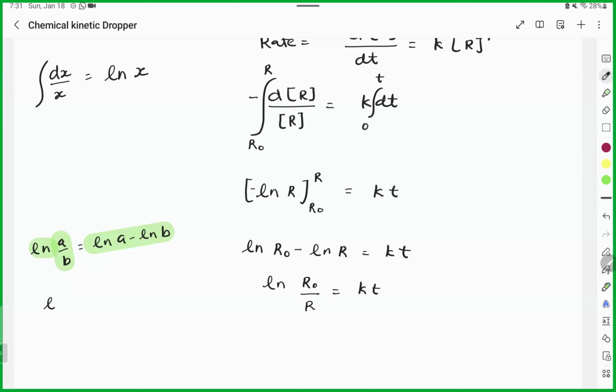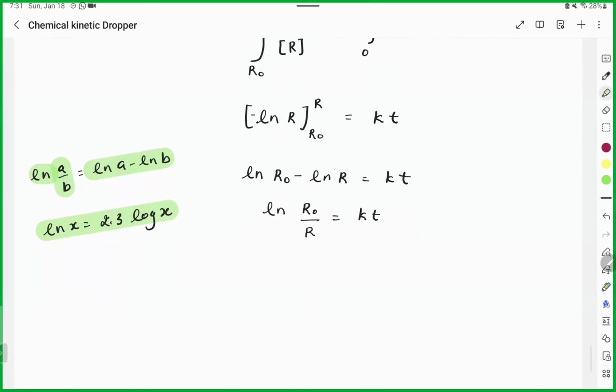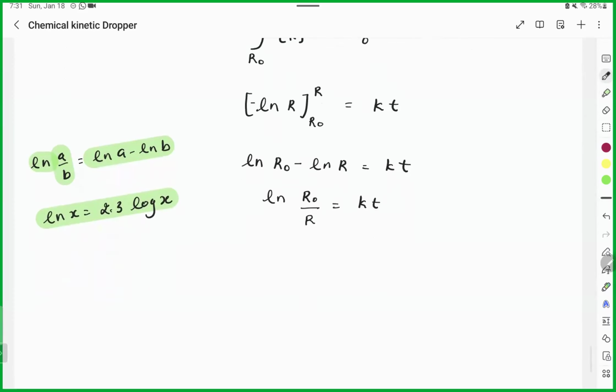Next, natural log x will be equal to 2.303 log x. So if you want to calculate k,